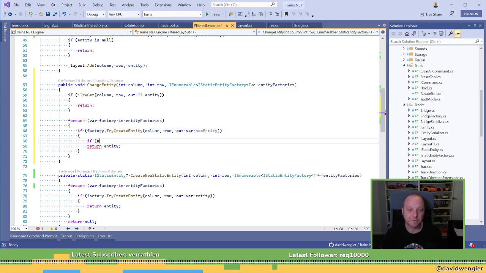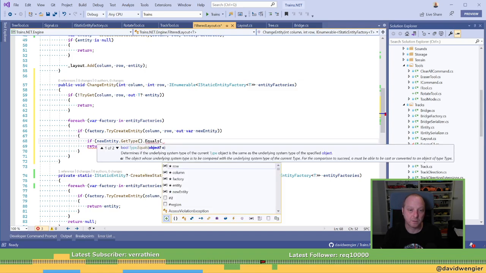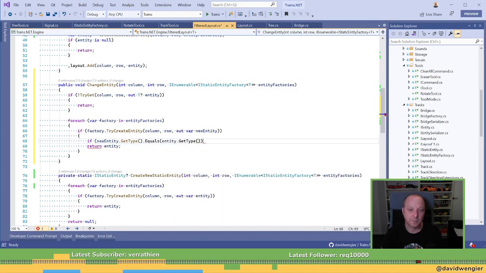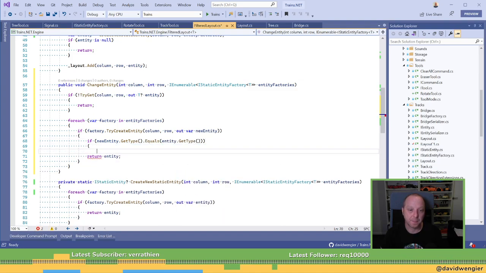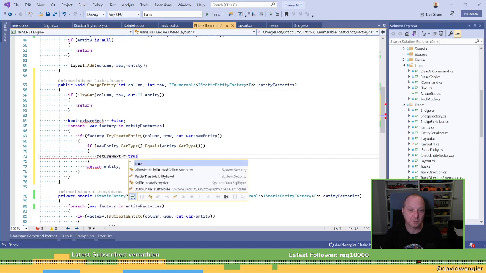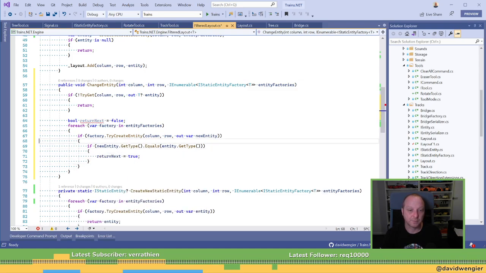We're going to go: if new entity get type equals entity get type, turn next equals false. Next, oops, no, turn next true.